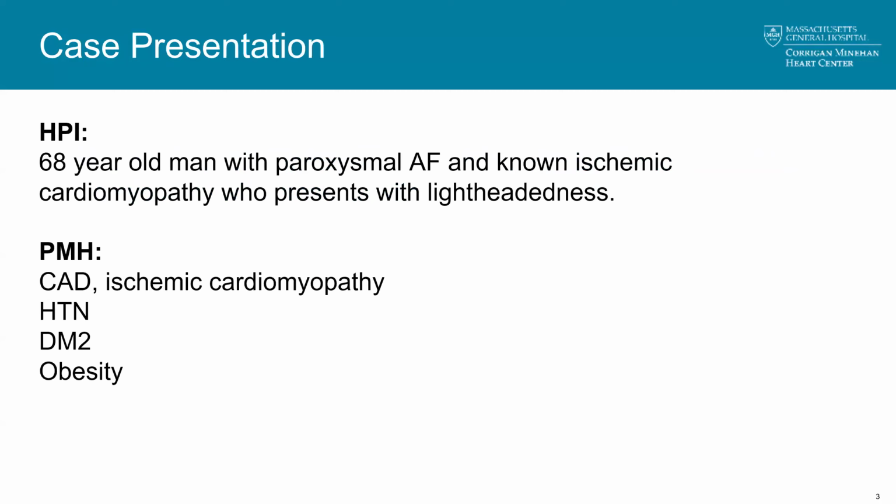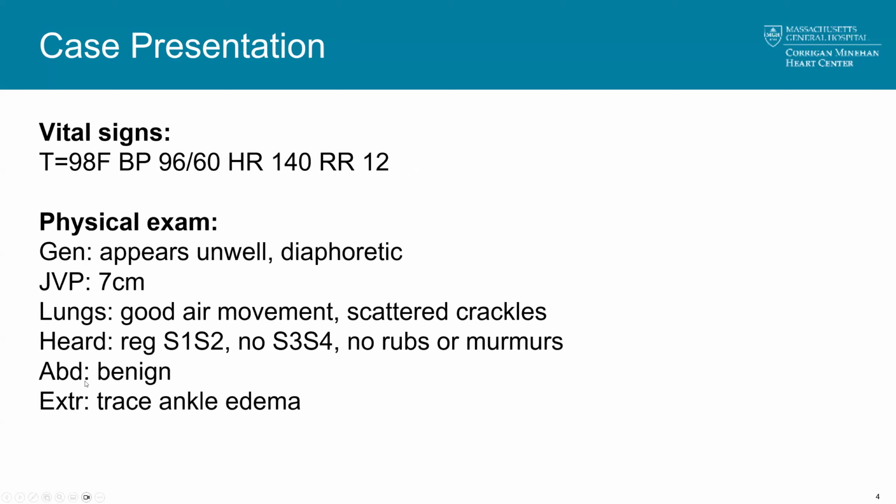It's a 68-year-old man known to have paroxysmal atrial fibrillation and known ischemic cardiomyopathy who presents with lightheadedness. His history is also noteworthy for high blood pressure, diabetes, and obesity. When he came in, he was noted to have markedly abnormal vital signs. He did not have a fever, but his blood pressure was on the low side, 96/60. He was found to have a rapid and regular pulse at 140, and he was breathing at a normal rate,